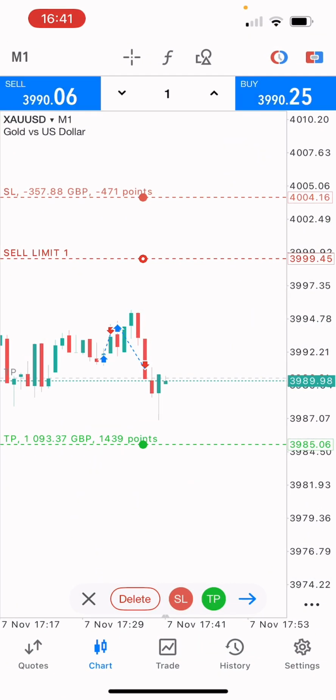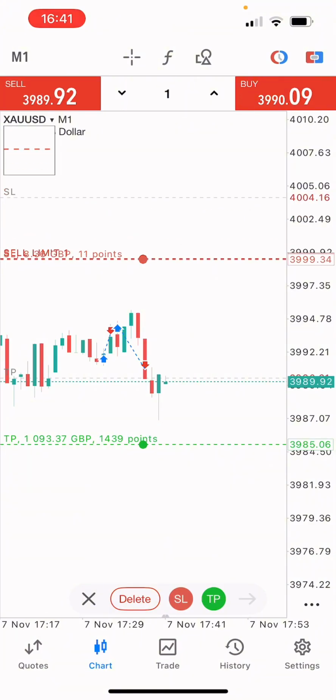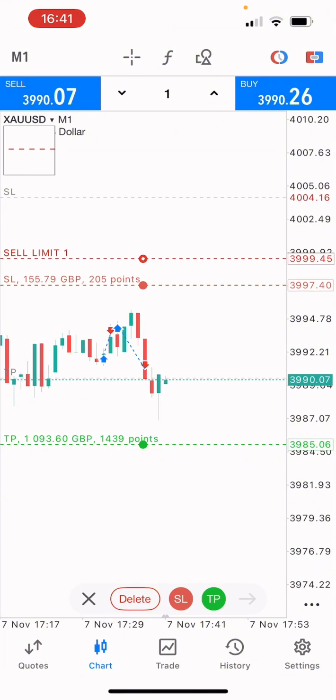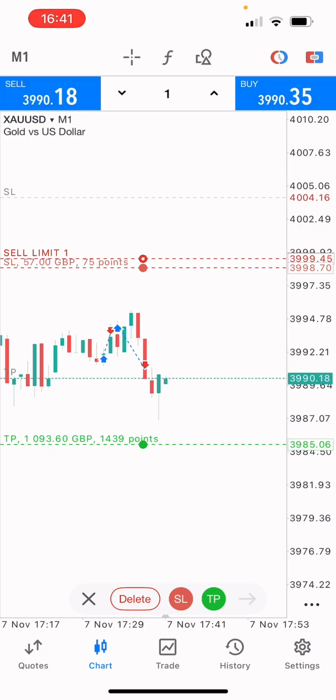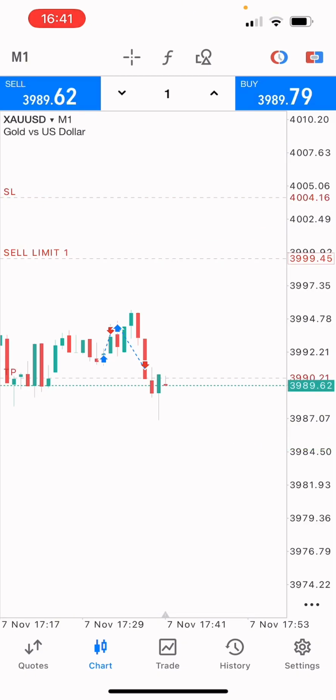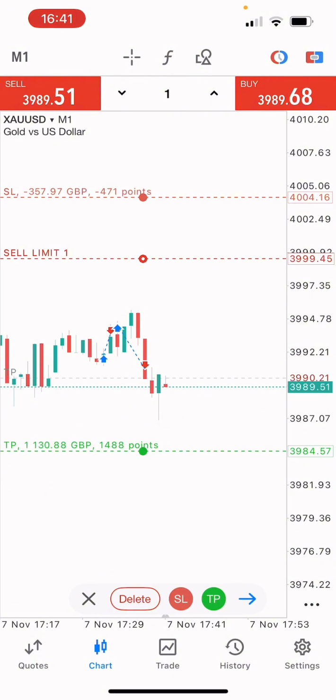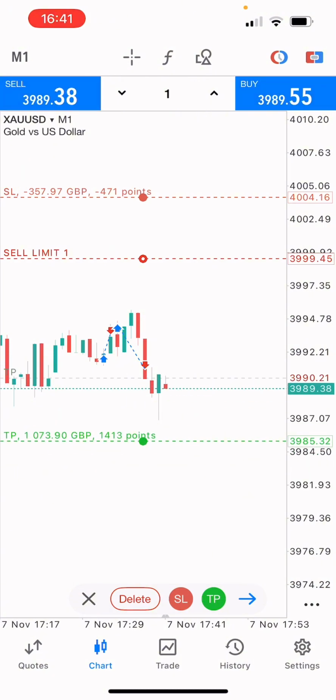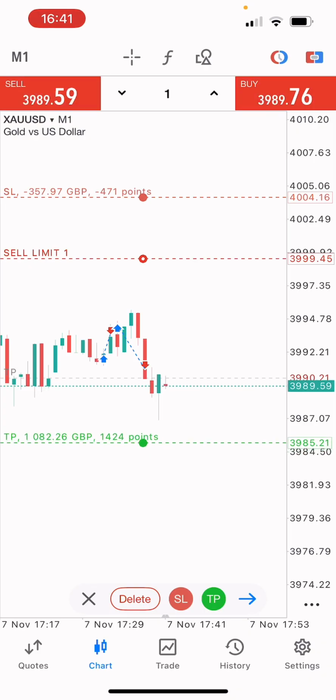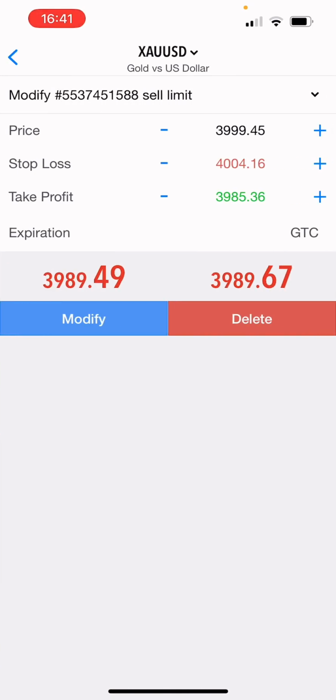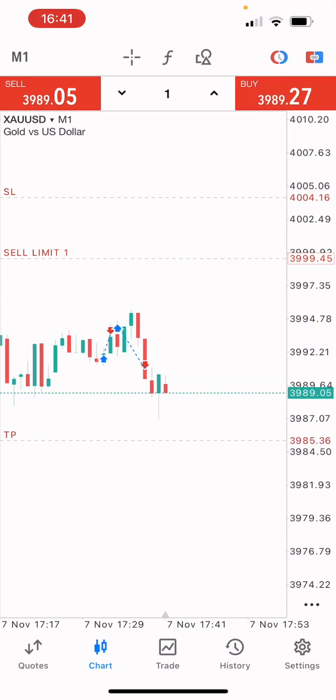If he tells you to put your stop loss at break even, what that means is, see the stop loss, move that just below the sell limit, so that then if price comes back, it cashes you out right where you bought in. The other thing you can do is, say price starts moving in your direction, and let's say we've got our full take profit at the maximum one, which is always, I would say, swing for the fences. So modify. So right there, if we get into that trade, 3999, and we're going for the maximum take profit at 3985. However, when price starts to kind of come in our direction, what we'll do is take partial